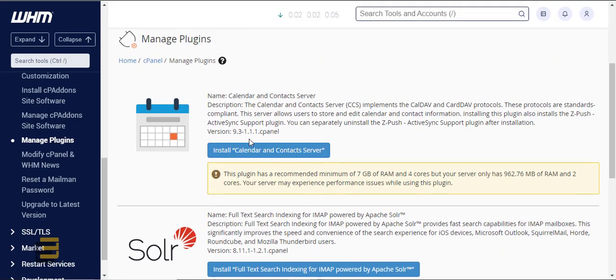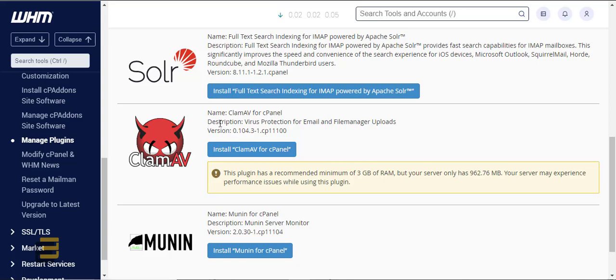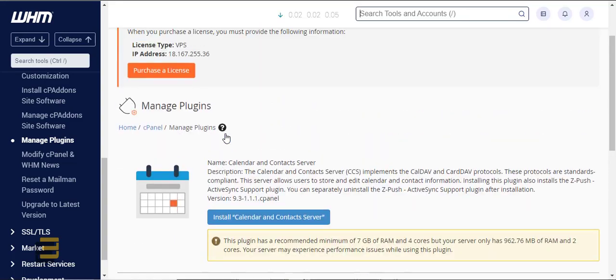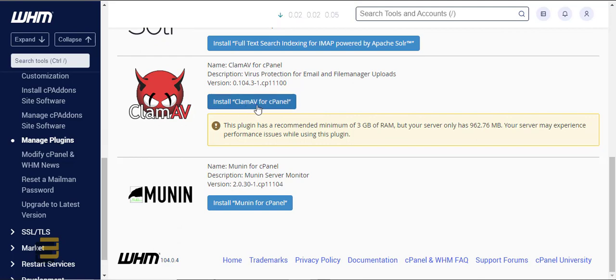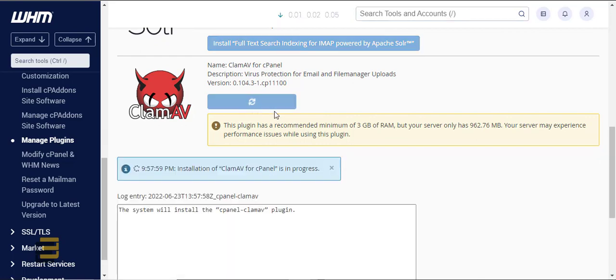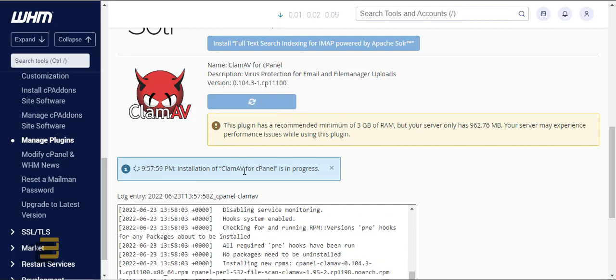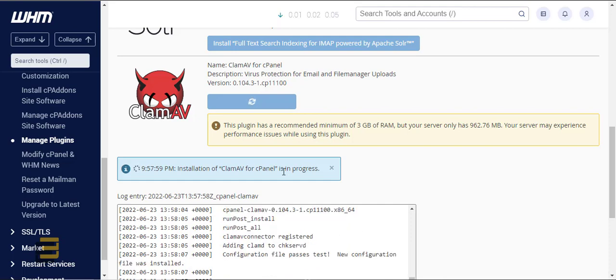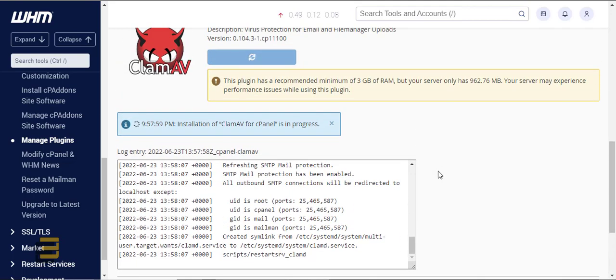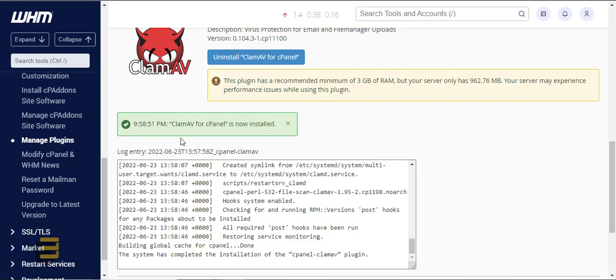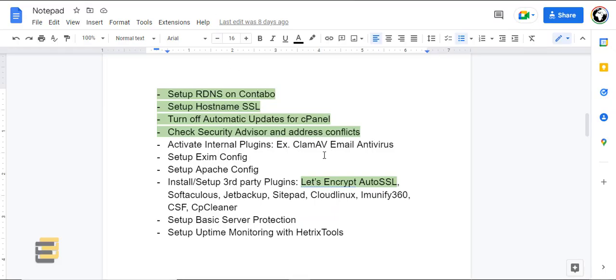And here you can install these apps, but usually I just use this one. Just click on that and wait for it to be installed. I'll just pause the video so it won't be that long. So now it's installed, ClamAV for cPanel, and next one is